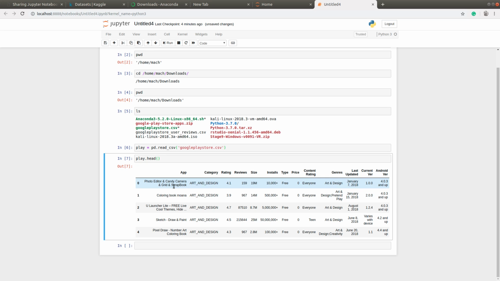Also, we can check to see maybe what the highest free app is, or the highest paid one. We can check what the content rating is, and we can also check what version it is. So there's a lot of interesting data that you can gather here to help